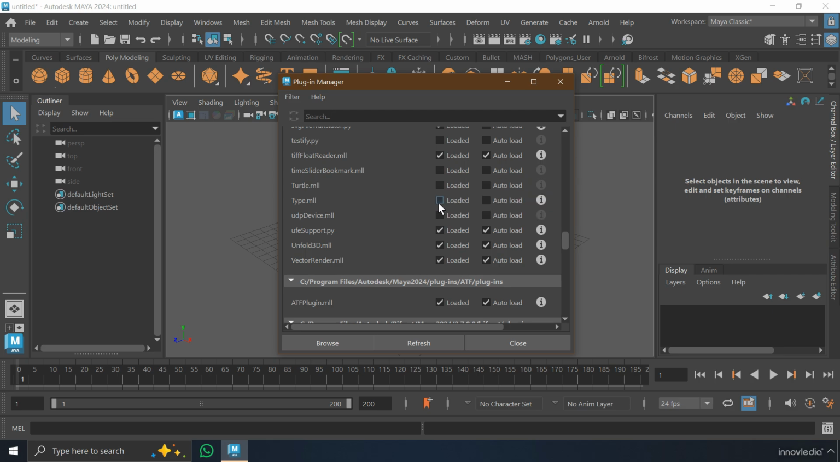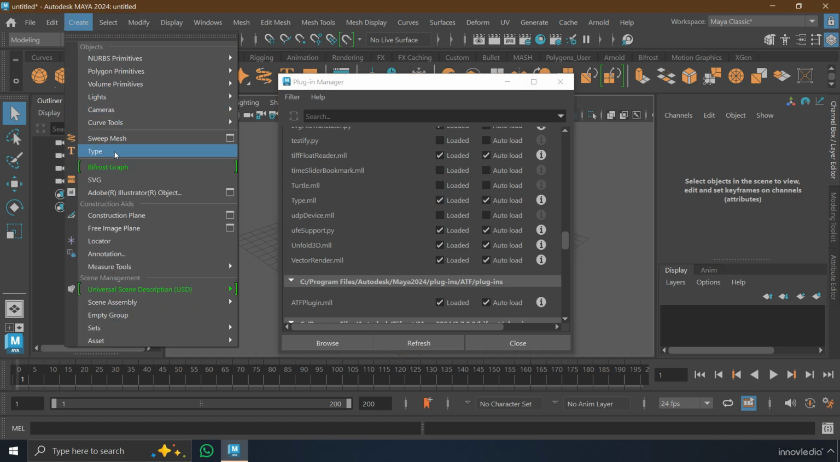Now simply check the two boxes next to Type.mll. Loaded will enable the Type plugin, while Auto Load will load it automatically the next time you start Maya. Once that is done, go back to the Create menu, and you will see that both options are now enabled